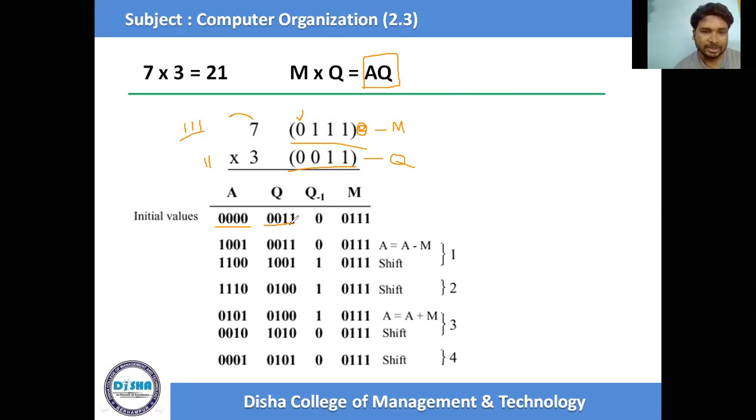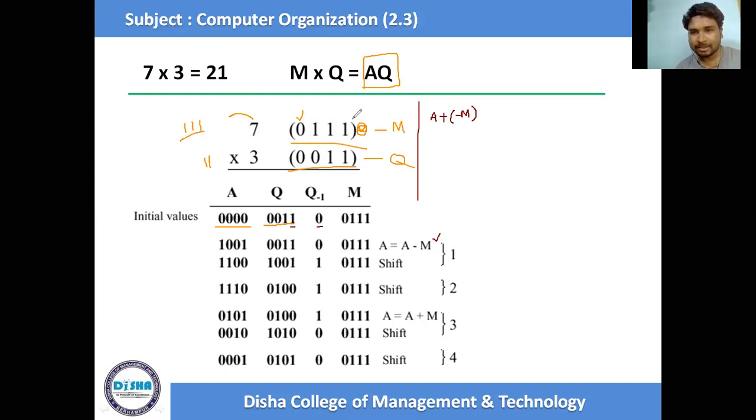Okay, so next is the comparison. After that we have to compare these two, this value and this value. Okay, here the comparison is there. So 1 0 means the subtraction, the subtraction of A minus M. And again I would like to repeat here, for computer subtraction is not possible, so it must be a plus of minus M. So that means we have to convert this M to its equivalent 2's complement form.